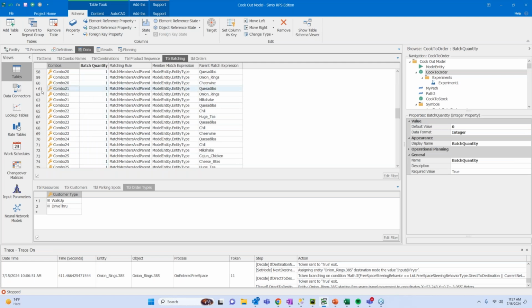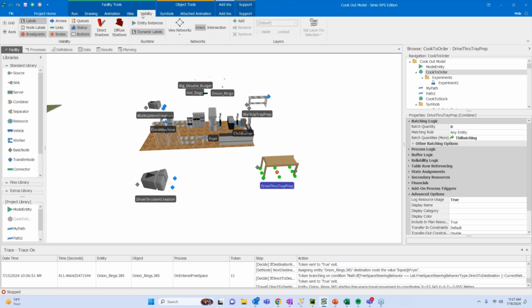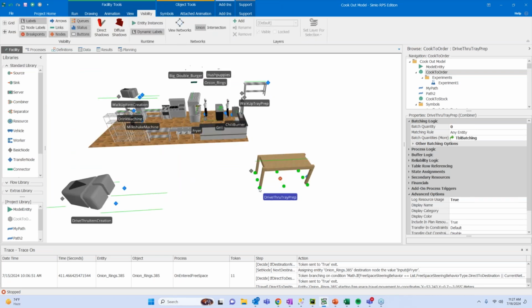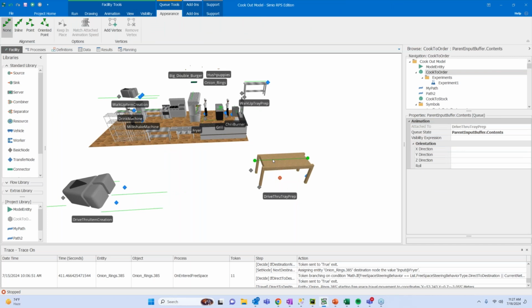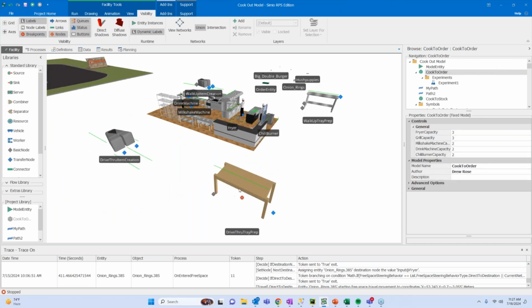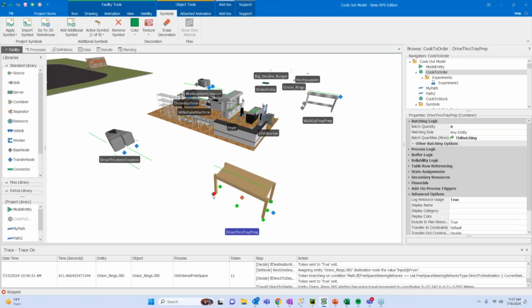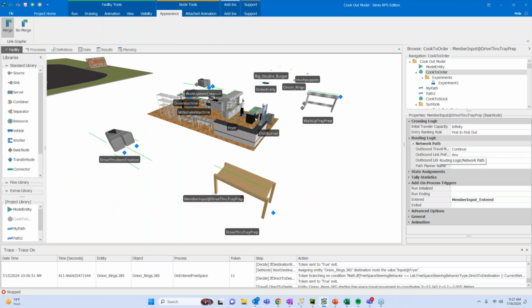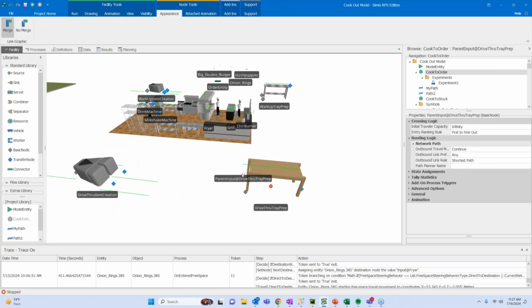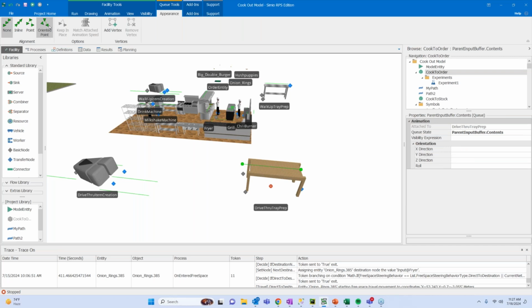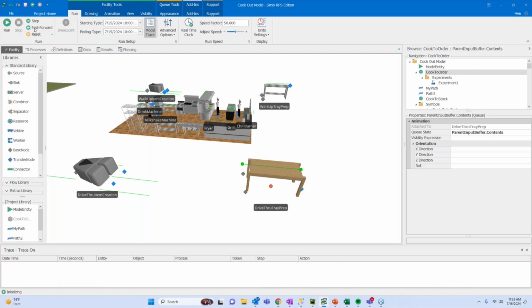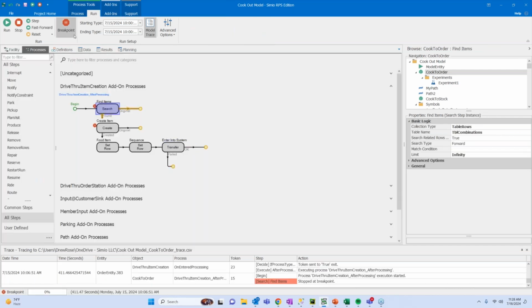So when we go to order combo 21, when those 3 items get processed, they will route to, and I'll turn on my queues, this member queue. They will route to my drive-through tray prep, and the members will come in from the given kitchen, and the parents will set up here, and we will look to batch based on those setups. I've run this for a little while, and I've got to turn off the breakpoints here.